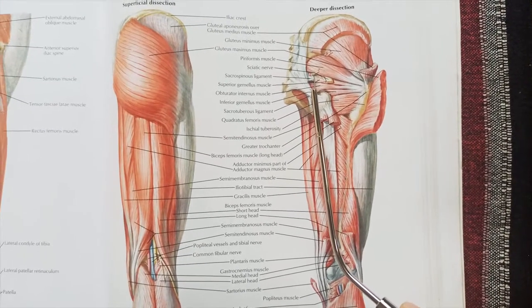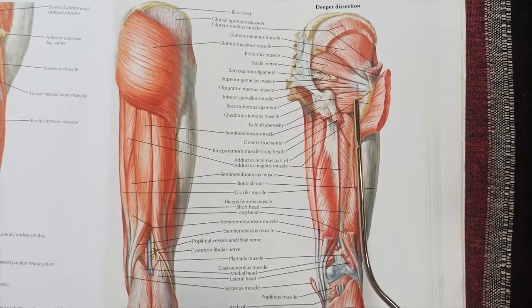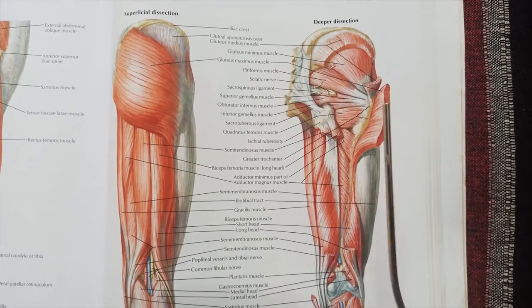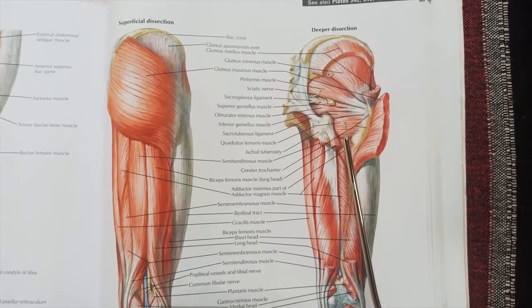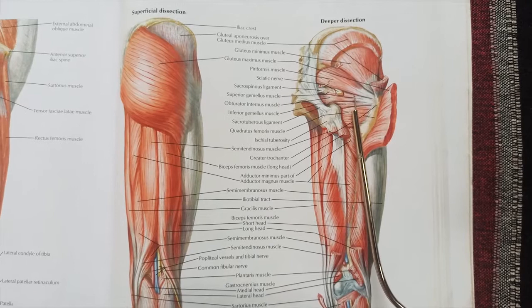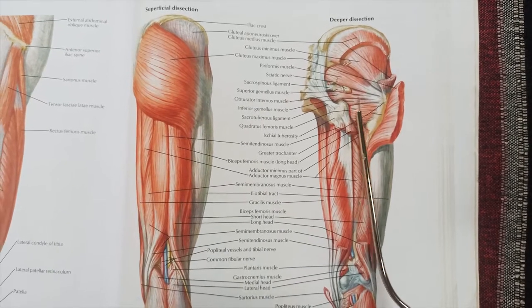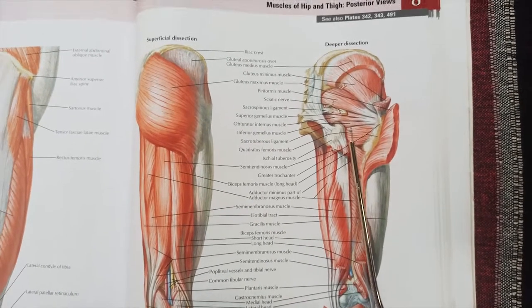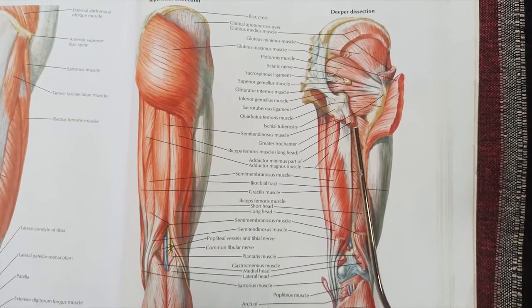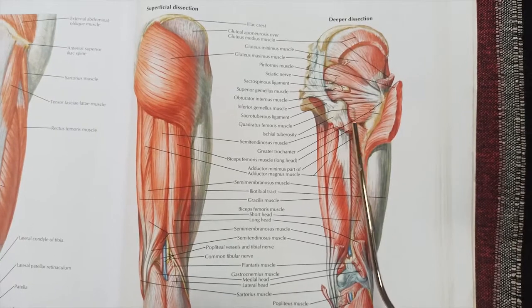Nerve to obturator internus is going to supply the obturator internus muscle. Inferior to piriformis, there are a few muscles. There is gemellus superior, then obturator internus muscle, then gemellus inferior, then this square shaped muscle which is quadratus